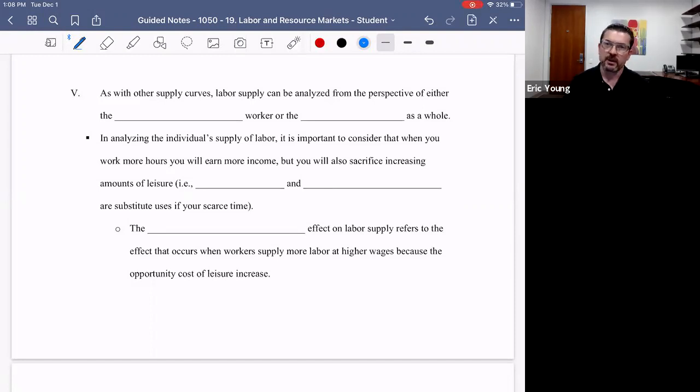So in the previous videos, we've introduced resource markets generally, and then we did labor demand. In this video, we're going to shift over from labor demand to labor supply. And once we have labor supply down, then we're going to be able to take our labor demand knowledge, our labor supply knowledge, and put those two together to form equilibrium in a labor market, okay?